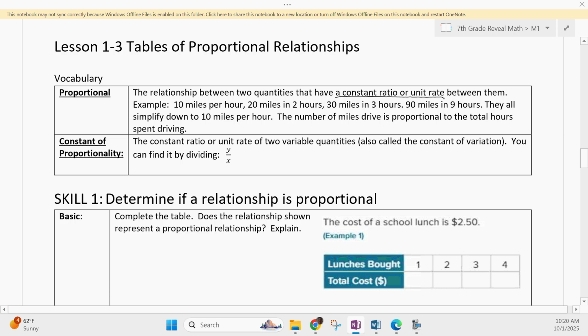They also are proportional. Yeah, driven, sorry, is proportional, right? So those two quantities, miles, is proportional to the total hours, right? So our two quantities are proportional to each other. All right, and then we have this fancy phrase, constant of proportionality, but it's not difficult because we know it just means unit rate. So it's that constant ratio. If you divide them all, get the same number, that's called our constant of proportionality or our unit rate between